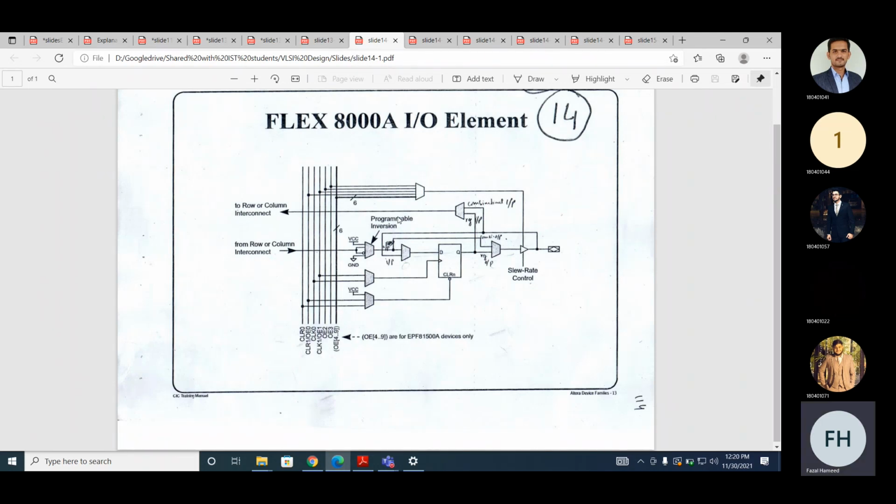This is now the chip pin. And it can be used in various modes. It can be used as a combinational input, or combinational output, or sequential input or sequential output. Now it can be a rising edge of the clock or the falling edge of the clock. Now how can we use it? So if you look at here, let's assume you want to use it as an input, how can we use it?